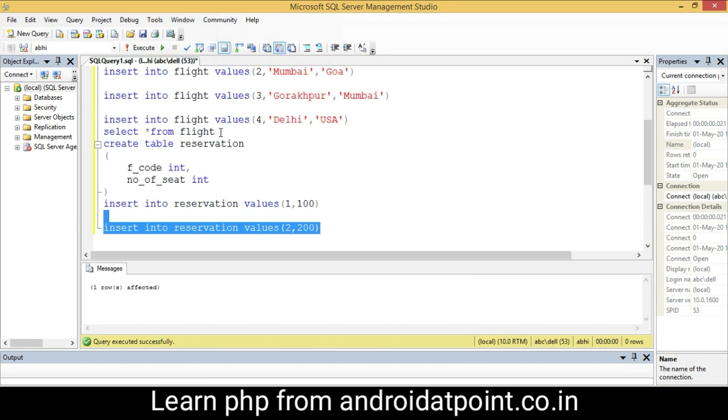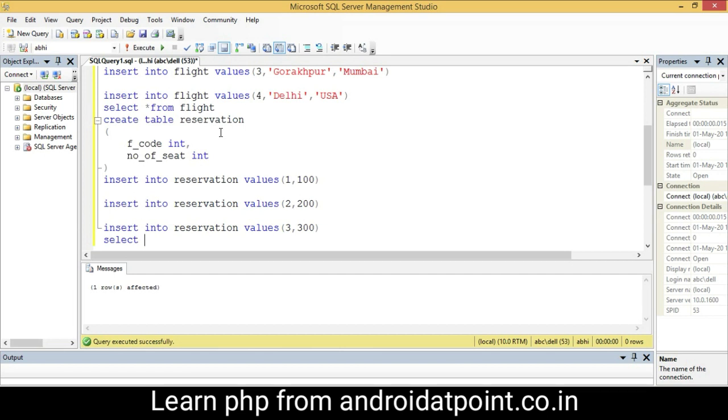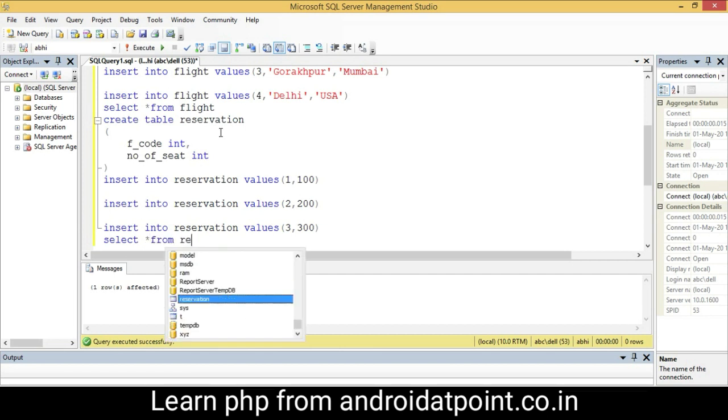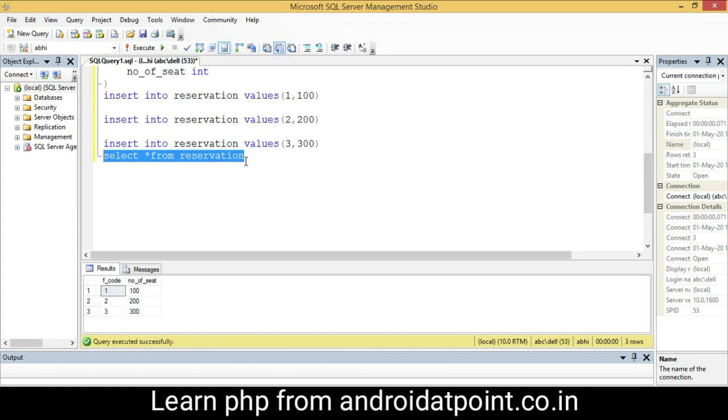Select it and execute it. Next, flight code 3, number of seat 300. Select and execute it. And then the query select star from reservation to display all the records. Look here, the flight codes are 1, 2, 3 and the number of seats are 100, 200 and 300.